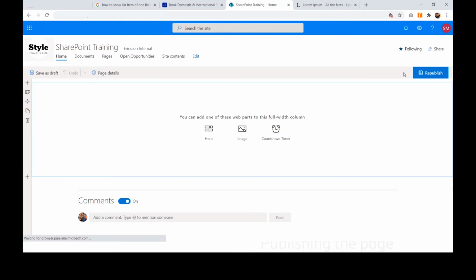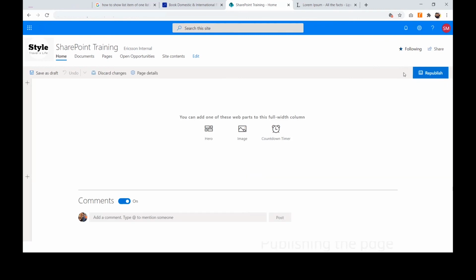Now if you click on this edit, this page has now entered the edit mode. Now you can actually edit this page. Okay, so let me explain. Look, this is the entire page width that we are seeing now. The first thing that you will see here is a hero web part, which is already